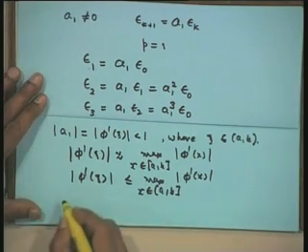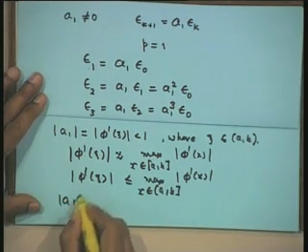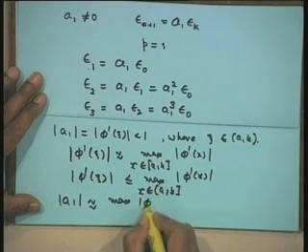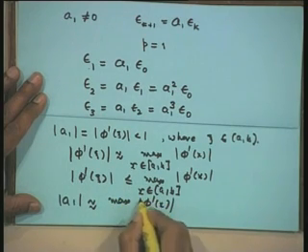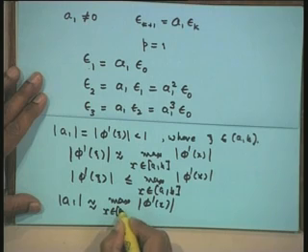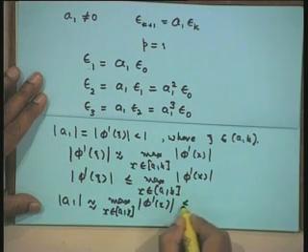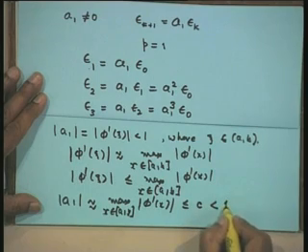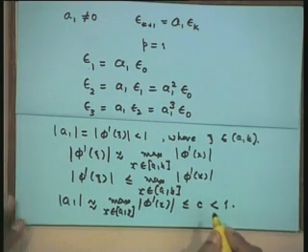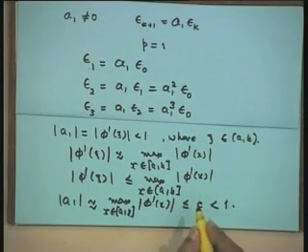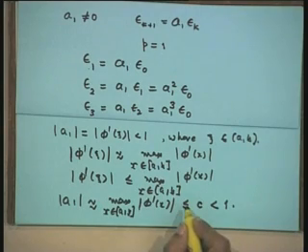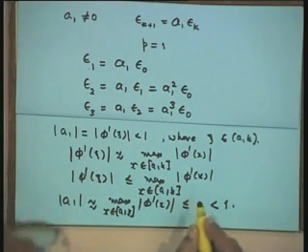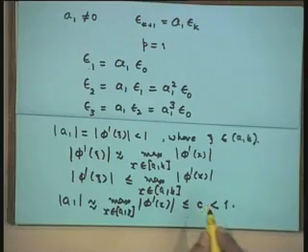Therefore, we shall require that magnitude of a1 is approximately equal to the maximum of phi dash of x, x lying in the interval [a, b], which is less than or equal to a finite value c less than 1. Hence, the iteration function should satisfy this condition for all iterates, so that the iteration sequence converges, otherwise it will diverge.